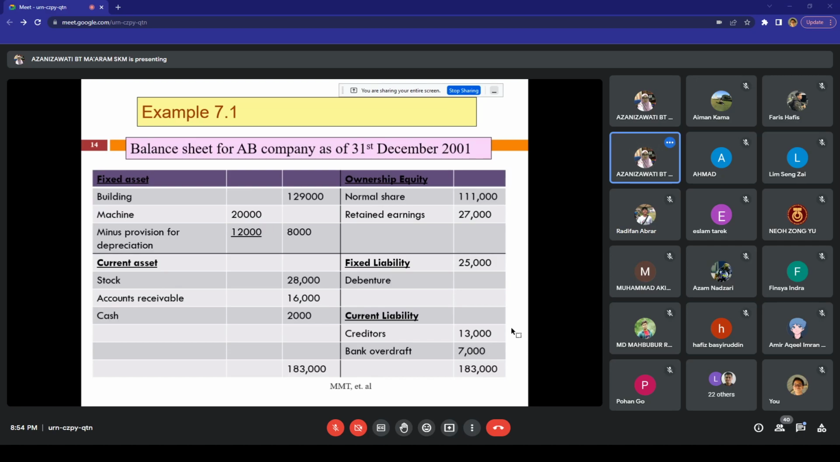So for example, when you get the balance sheet for the company, this balance sheet again will be divided into 4 quadrants. Okay, fixed asset, ownership equity, current asset, and liability. So liability can be divided into fixed liability and current liability, as well as asset, whether fixed asset or current asset. Okay. So now you have the balance sheet. The total for left and right, credit, is